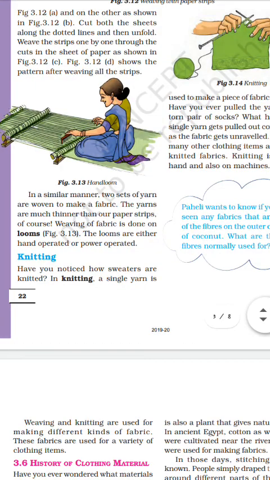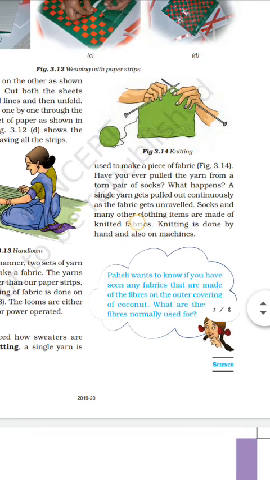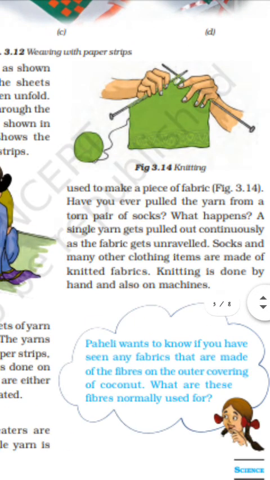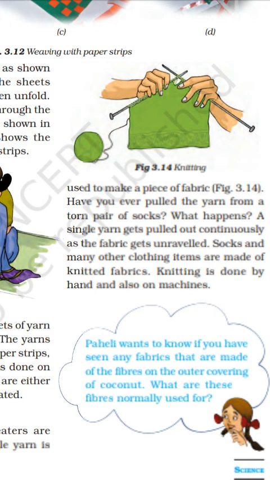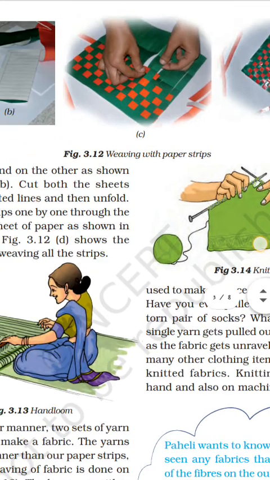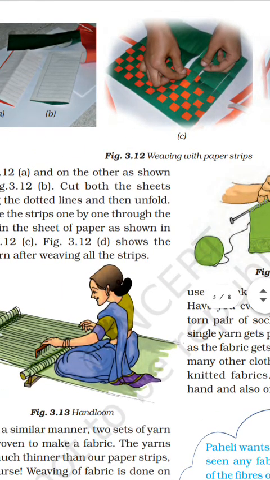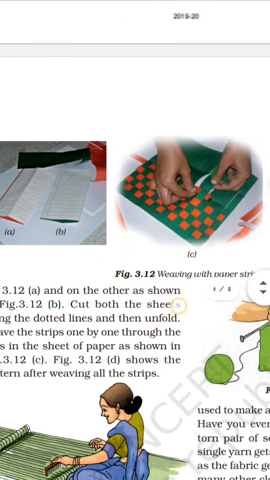Knitting is when you see this, taking wool and making a piece of fabric. Weaving is taking two sets of yarn together and making a fabric. Okay,